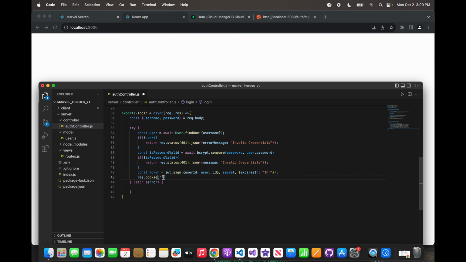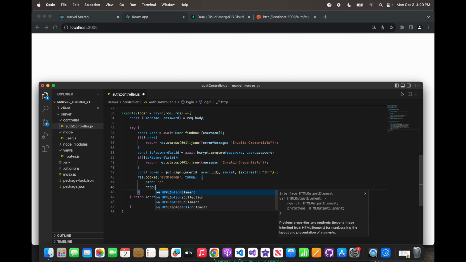That's all we're doing. So this cookie is going to say authToken. Yeah, let's keep it camel case. authToken is going to be the name of our cookie, and this cookie is going to hold the actual token that was created, right? So that's what this token is. And we're going to give it a few parameters. We're going to say the path is this,